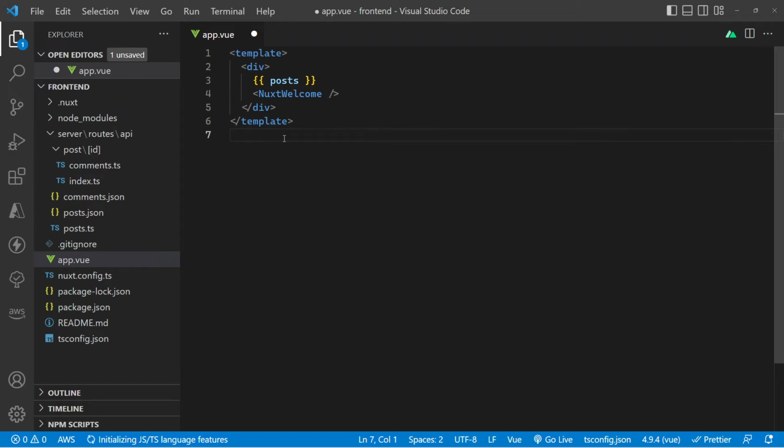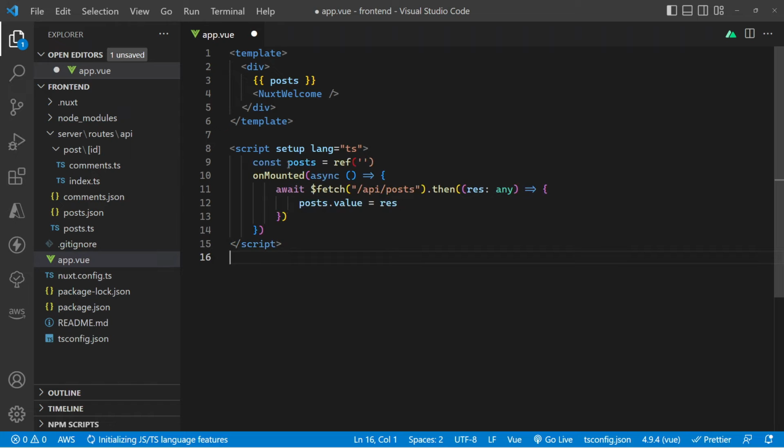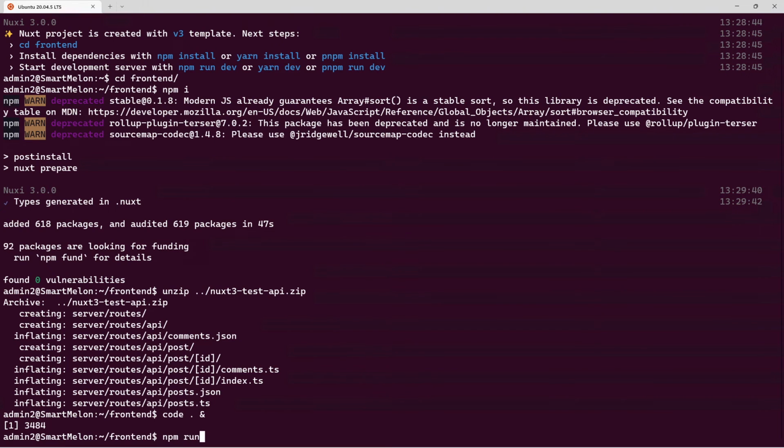then inside the script we create a setup script with that posts, which is a reference variable, and we go and fetch from API posts. So that will call across to our server side and populates the posts with everything it gets back from that API call. So that's all we need to do. So let's npm run dev, and if we go to localhost 3000,